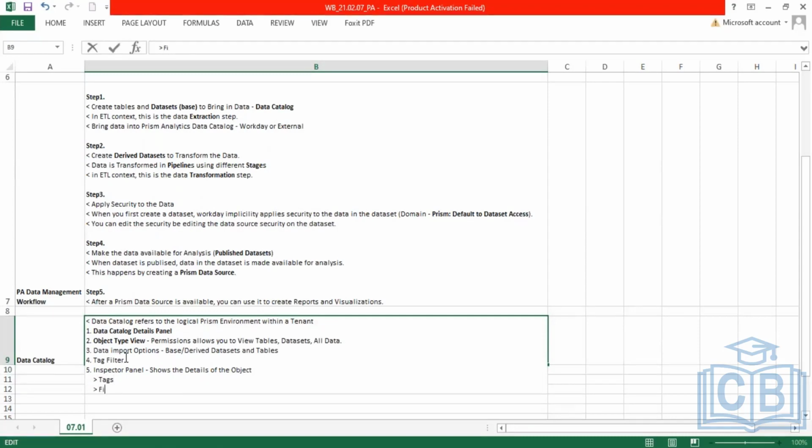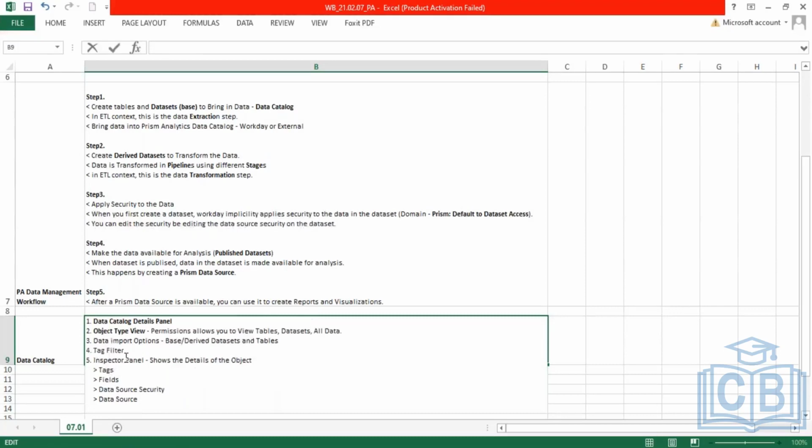It shows the fields in that object, right? Which is what columns are in that object. It shows the security associated with that object, right? It shows the data source, and it shows something called